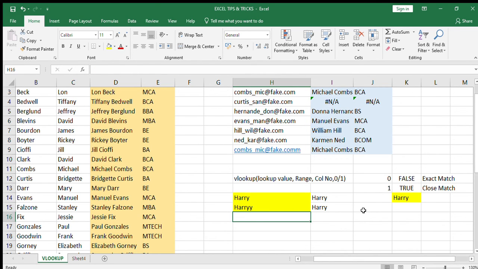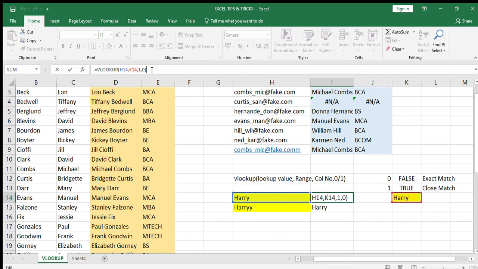Okay, so it's the same candidate. Okay, and I want to look up for the value of Harry in this table, which is just of one cell. Okay, so here I have added the VLOOKUP function already. So instead of 1, I have 0 over here. Okay, so even if I have 0 or 1, it will give the same value. It will not make much difference.